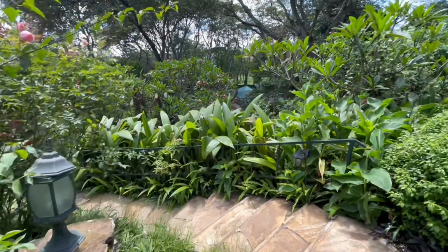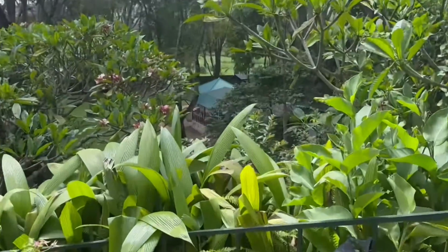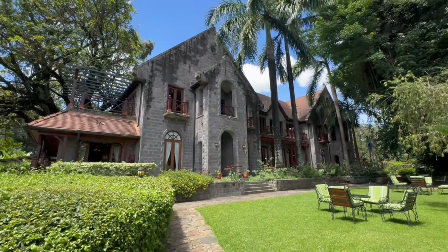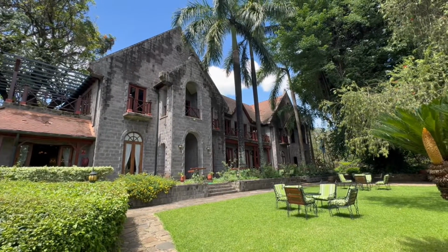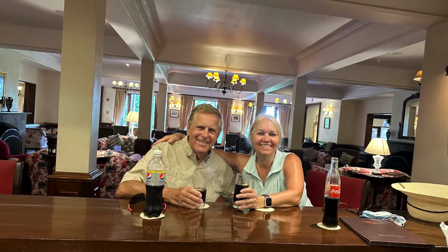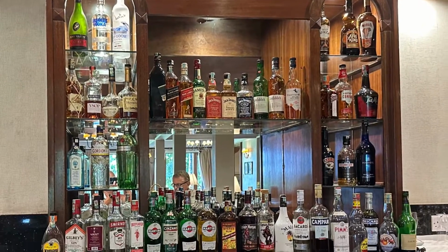There is a separate conference facility on the property if required. In the afternoon, we returned to the main building for lunch. We didn't get there at the time of the published lunches, but found out that we could order food anytime